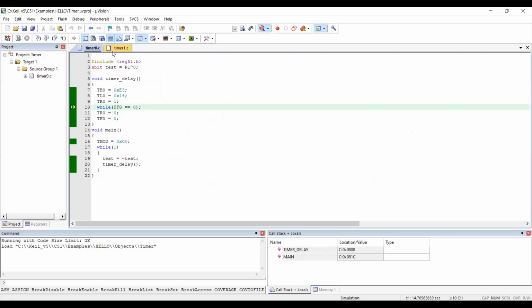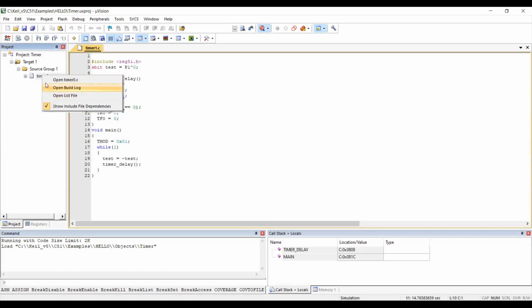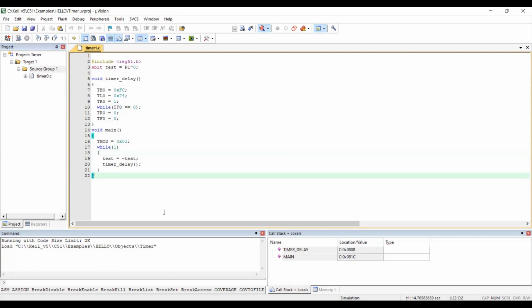Thank you. This is Kamlesh, and these are the programming steps for the delay function in timer mode 1. We use the reg51.h header file and set the sbit to P1.0. The following are the programming steps. We begin by loading 1 to the TMOD register, which signifies that the timer is operating in mode 1. And then we load THX with E3 in hexadecimal, and we load 14 into TLX.